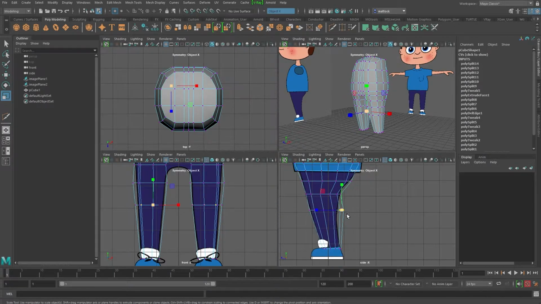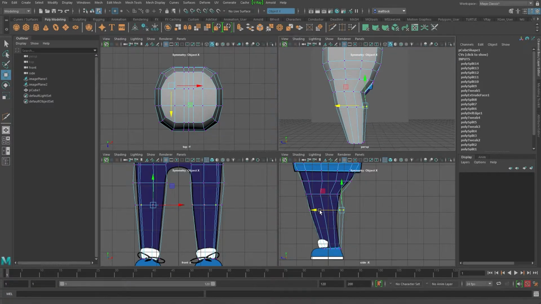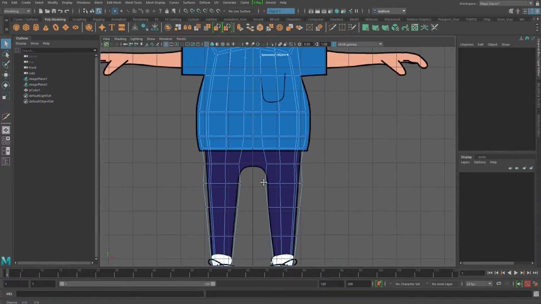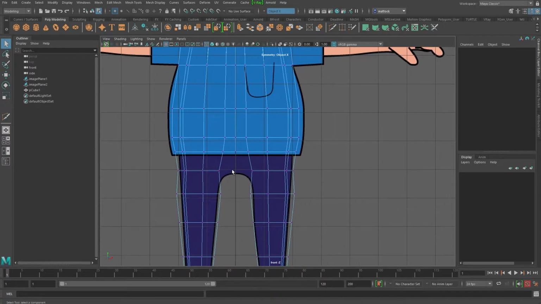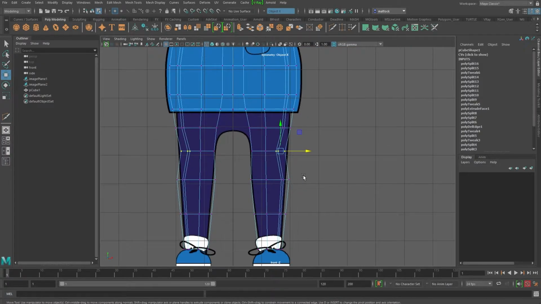And now I'm going to select these verts at the back here. You can see what I'm doing. I'm trying to keep all the views open so you can see where I'm going, because it's good to be able to watch both views at once. I'm going to move those in a little bit. I'm going to select more, move in. Great. I'm going to add another edge loop here. And I'm going to have a look in the front view. Let's move these over. Start refining from the front.